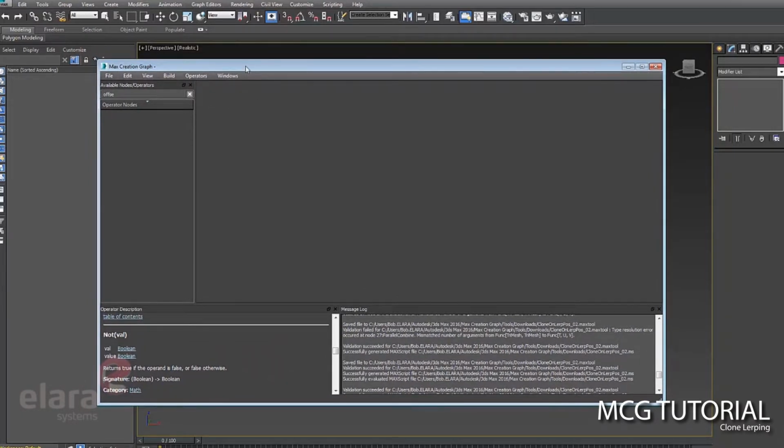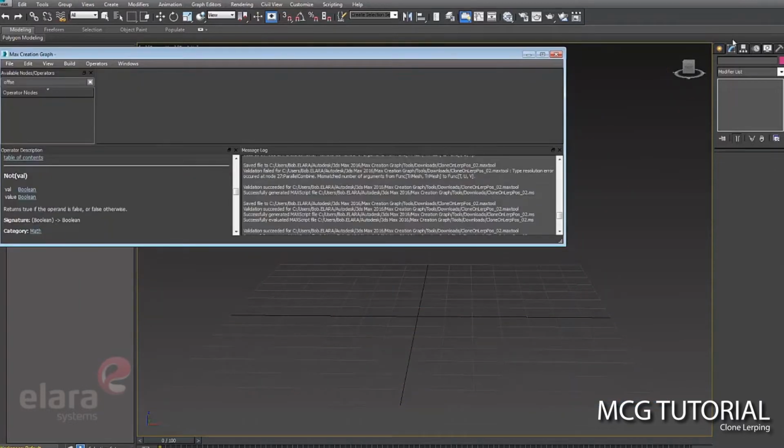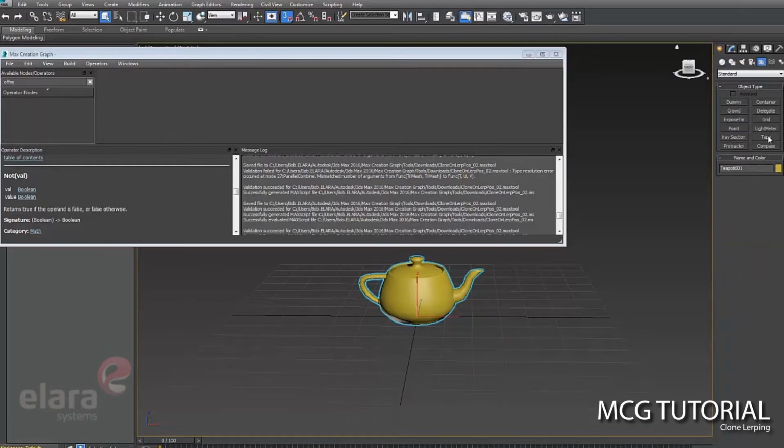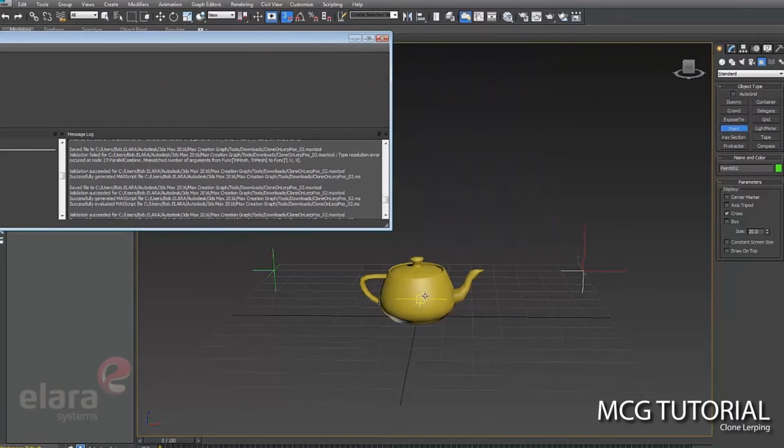So to start off, I'm going to build a little cloning modifier that will take a teapot and put clones between 2 points. So we'll start off by making a teapot here in the center, and a couple of points. The idea is that I want to put a modifier on this teapot. It's going to clone teapots in between these 2 points, and control the amount. If you move these points around, it'll always keep the same amount. So it's going to interpolate the distance here, and place these teapots accordingly.